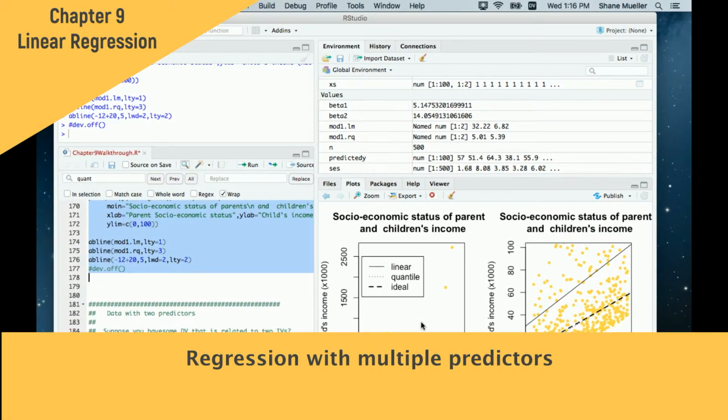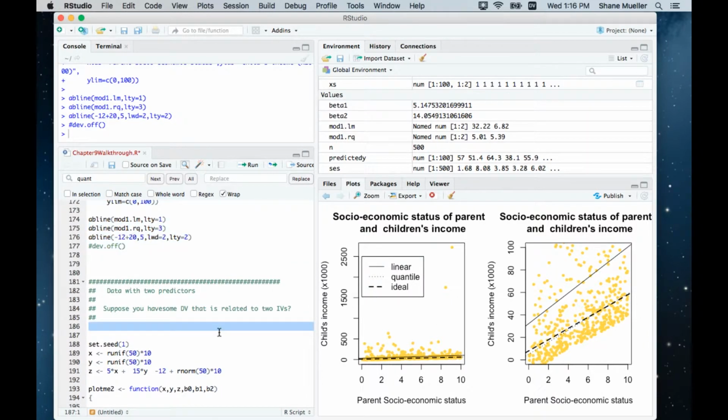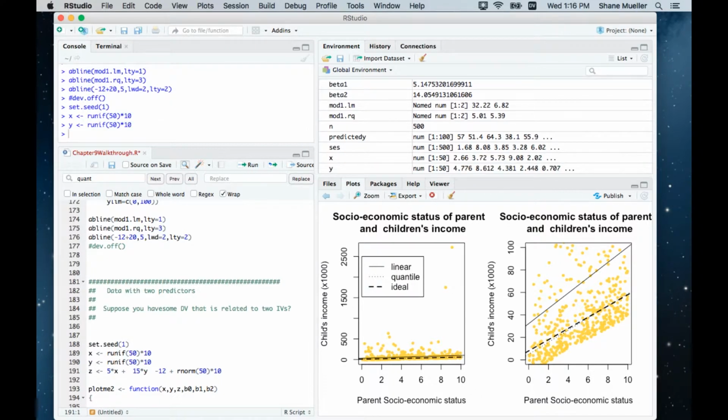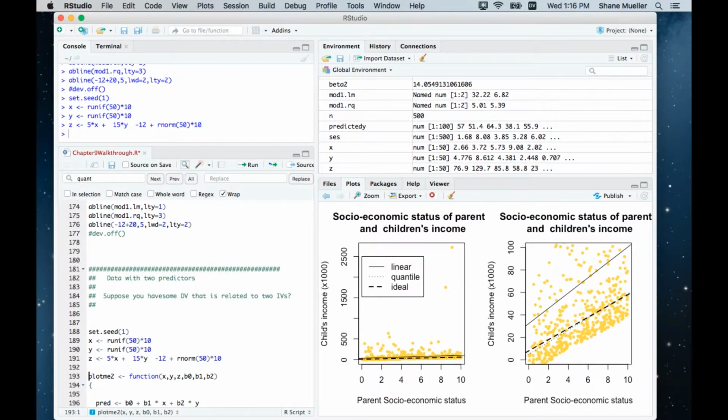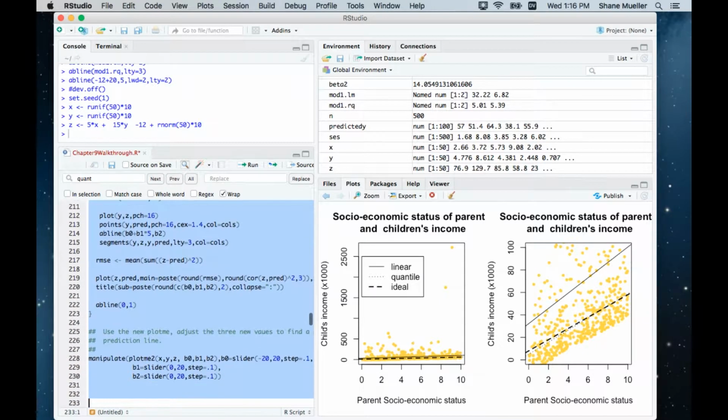Okay, so those are methods with one predictor. We can also do all this with two predictors. The quantile regression will work with multiple predictors as well, but let's see what this looks like. So now I've got two independent values, x and y, that I'm sampling randomly, and a z value, which is a combination of x and y plus some noise. So I'm going to make a new function, plot me, that